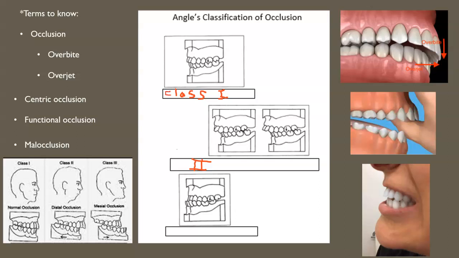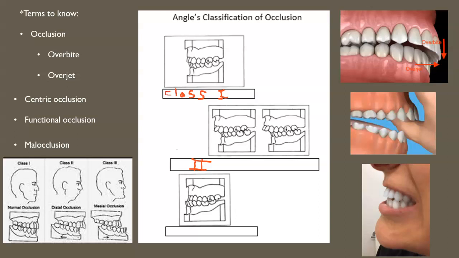And this is known as retrognathic. So if you think of retro as back in the day, the mandible in comparison to the maxillary is more retruded backwards. So it's more towards the back. And this would be your division 1 here